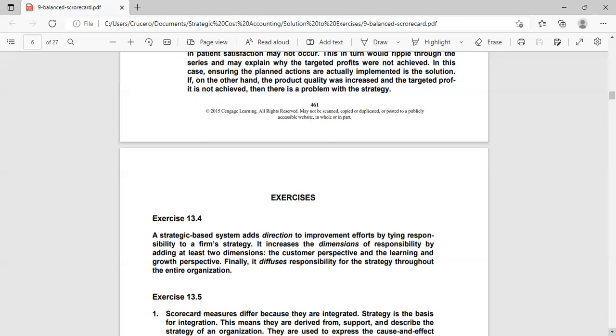So the requirement now is, okay, explain what is meant by historical and predictive measures. Why are both important to describing a company's strategy? So we have now for 9-5,